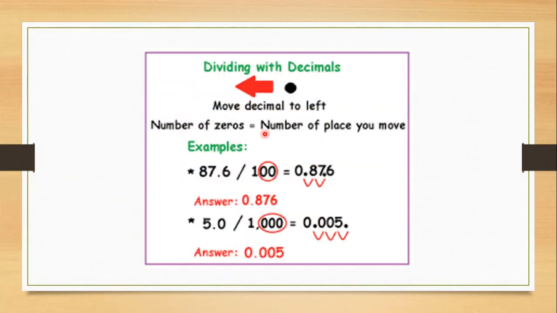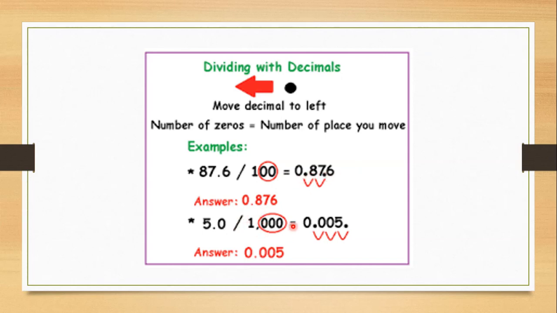Now, in dividing, move the decimal to the left. This is the easiest way to learn: the number of zeros you have should be equal to the number of places you move. So the number of zeros equals the number of places you move. Here how many zeros do you have? 2. That many places you shift. So if you shift 2 places, the answer will come